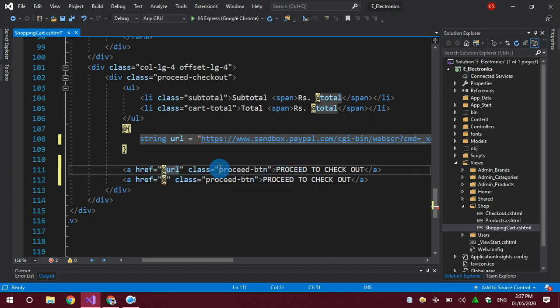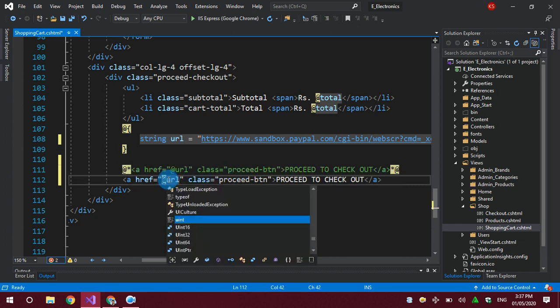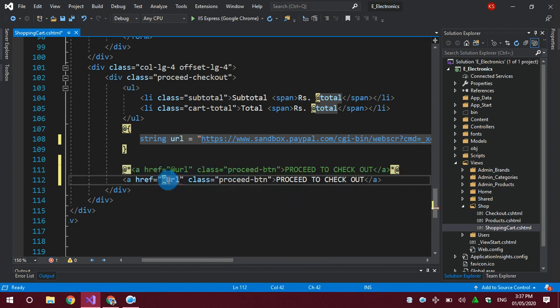I will comment out this code by using Control K, Control C, and here I will use the URL dot action method to go to my desired action method.